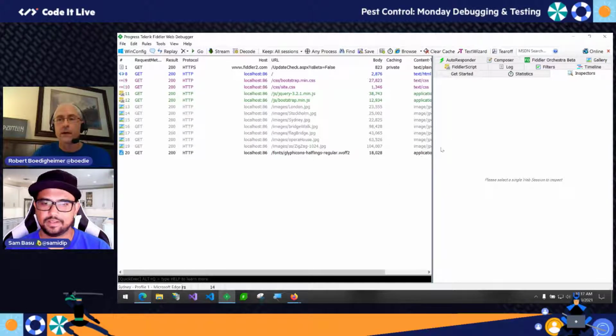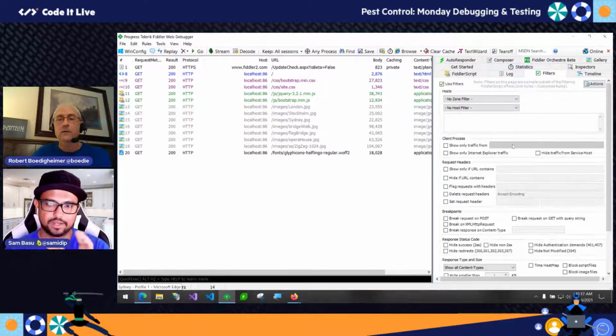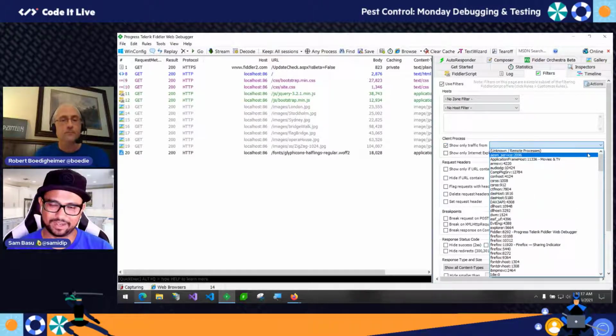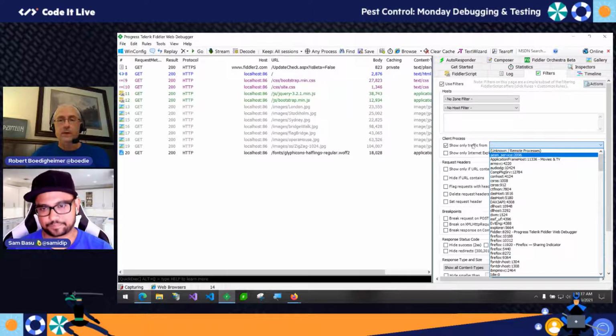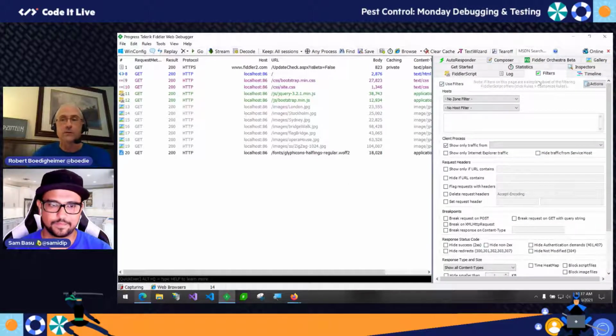Right. Yeah. And you can do that. For me, it gets a lot of traffic right away until I filter it down, because our OneDrive and our Googles, everything is chatting back to their servers. So here's your other place. You can go into filters and say you only want to see traffic from, and you can literally pick the process. Right. Yeah. It's nice because you can basically limit it down to just what you specifically want to see, which is handy.